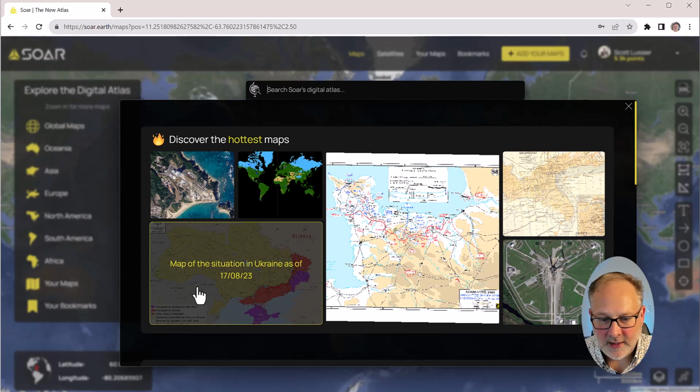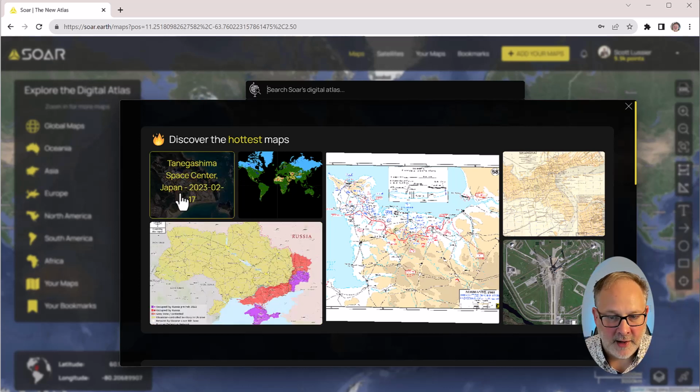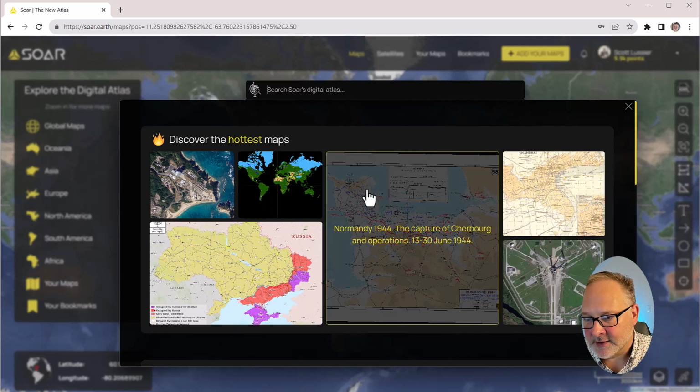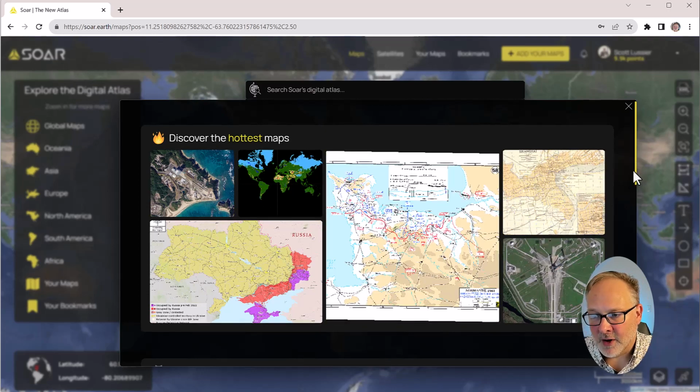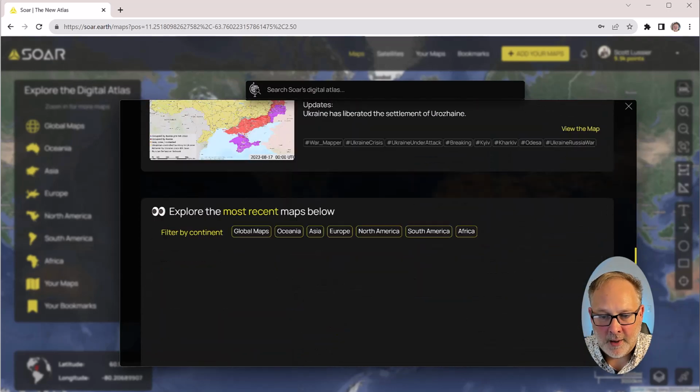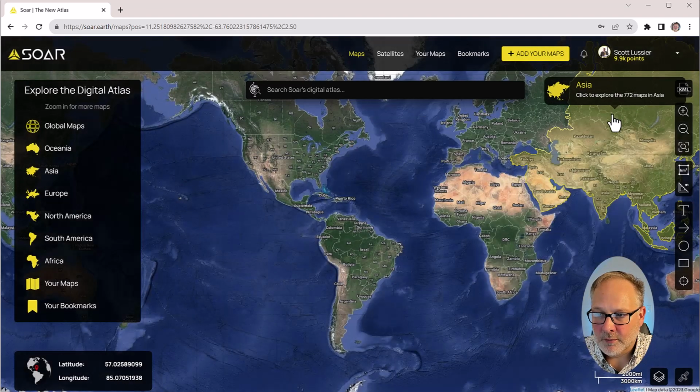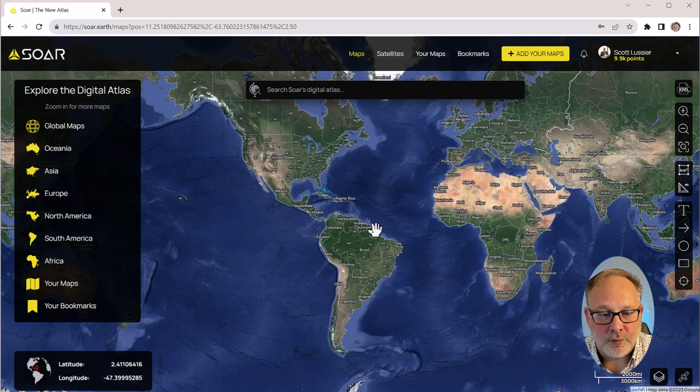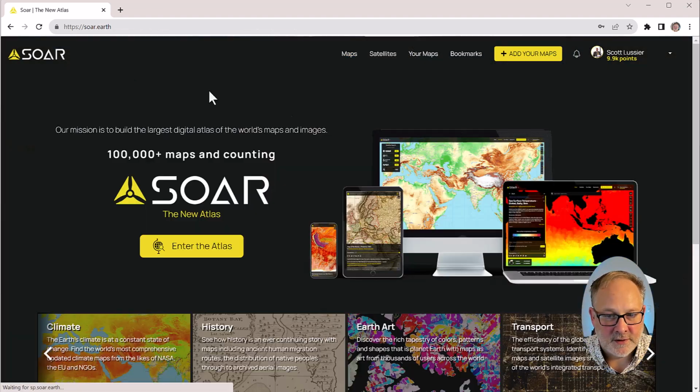We've got Ukraine on 8/17/23, so like last week. We've got aerial images, all sorts of pixel-based things that have been uploaded by various people all over the world, which I think is a great democratizing feature of this.